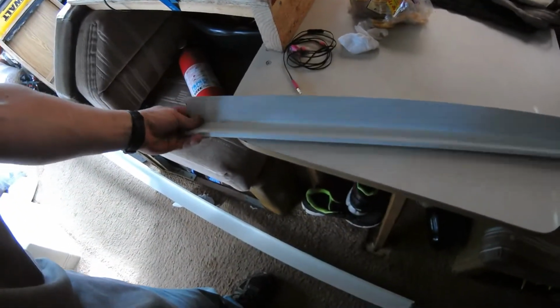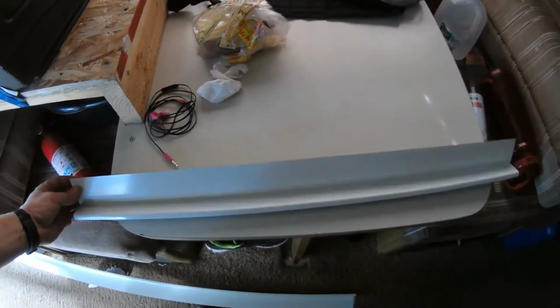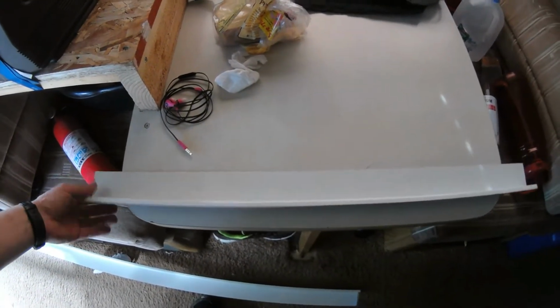This stuff might actually work pretty good. I'll have to remember this if my windows ever get leaky again. They're all siliconed up pretty good now, but maybe in the future I might put some of this over all my windows if I need to. So anyway,